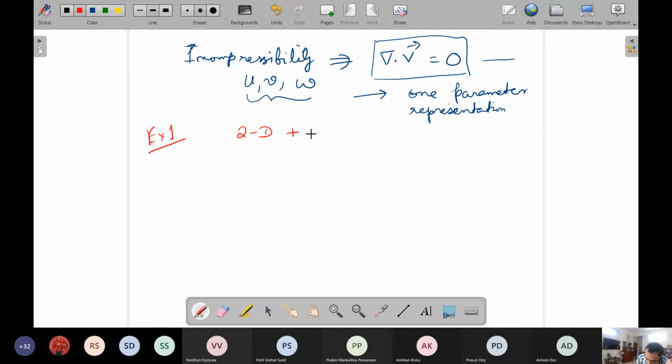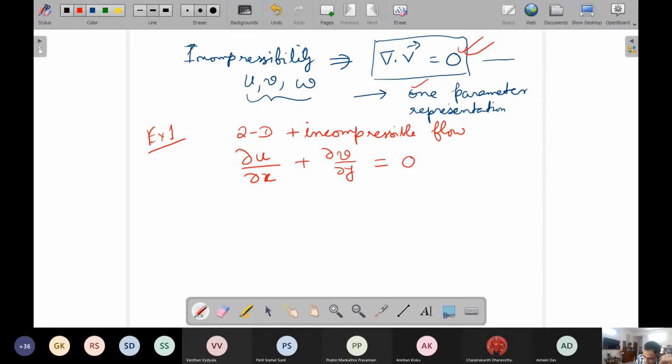is two-dimensional and incompressible. So when you have two-dimensional, incompressible flow means this equation will be satisfied. Two-dimensional incompressible flow means only you have the relevant x and y components. So our objective is to convert this to a one parameter representation. So to do that, we may define